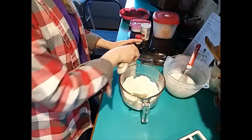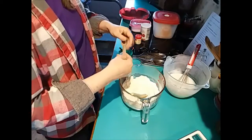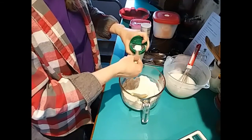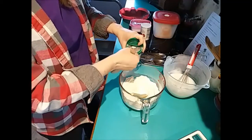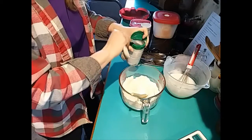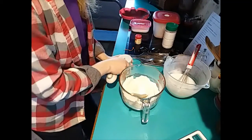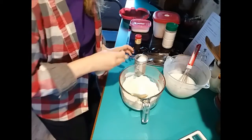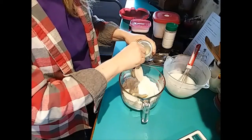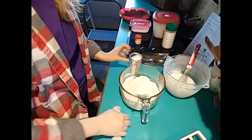Okay, I'm going to do 2 teaspoons of baking powder. And baking soda. Oops, wait. No, I do want one teaspoon of soda and 2 of powder. Don't get the 2 mixed up. I've done that before and it is not very good. So we need 2 teaspoons of baking powder, 1 teaspoon of soda,